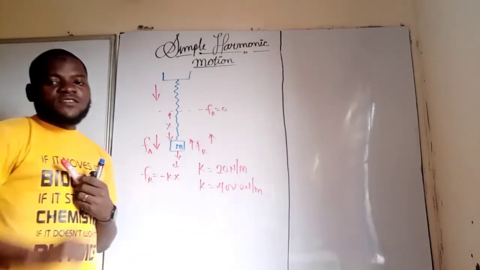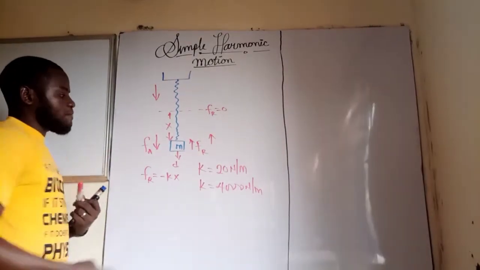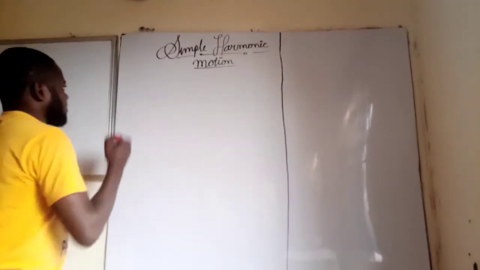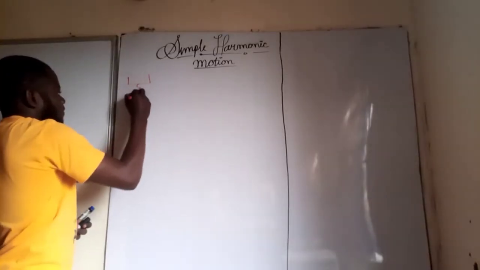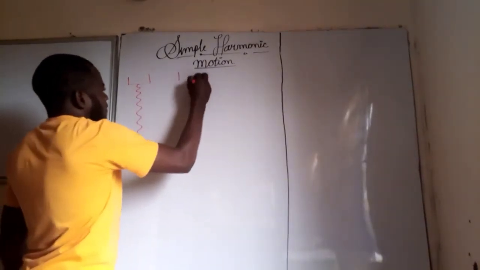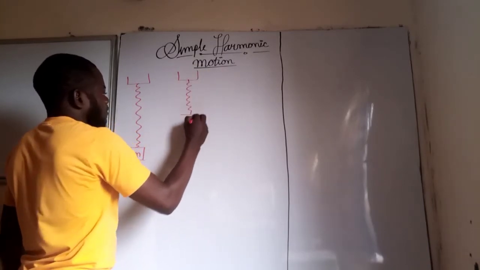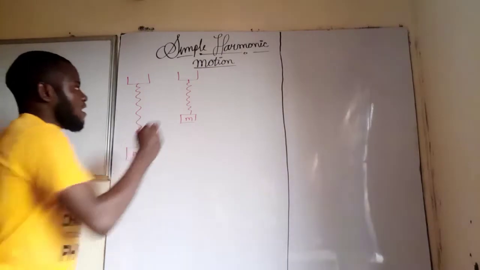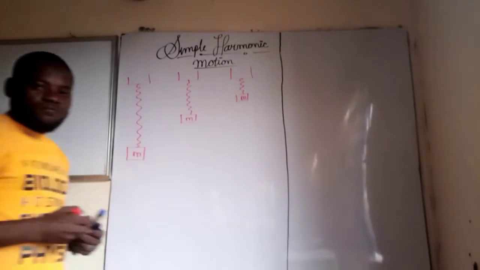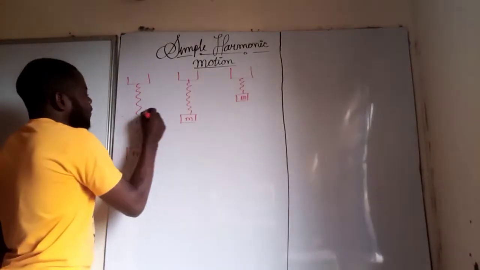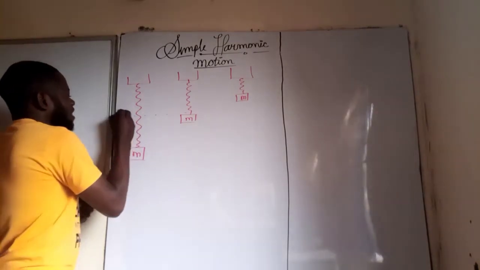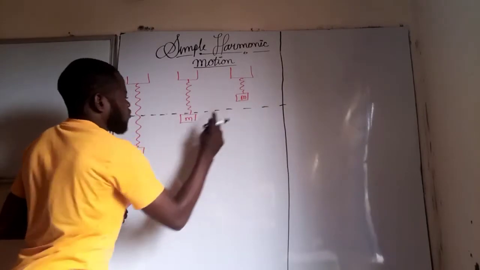Okay, class, now let us discuss something else regarding this particular motion, which we regard as the mass spring system. So let's say I have this, and this is mass M, and I have this, which is also mass M, and I have this, and this is mass M. Now let's say this is the equilibrium position. Let me use another color for better understanding. If this is the equilibrium position of the string,